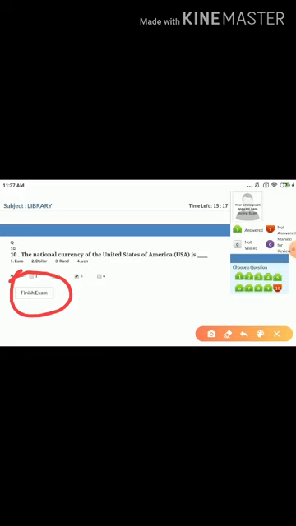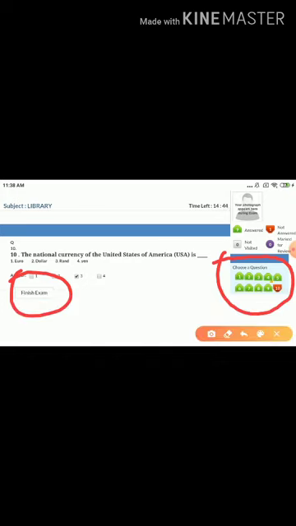You click only if you are sure that there is no need to change the option, no more confusion. You are sure that all 10 questions have been attempted successfully. On the right side, see, all 10 questions have been marked with green color. Question 10 is red now because after finishing the exam, the 10th number will also be green.